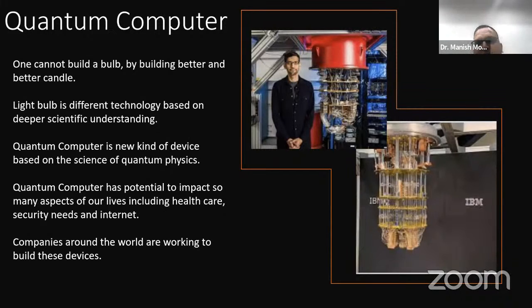Both have different technology behind them and different ways of innovation. That's where quantum computing is different from classical computing. Still, since we have been using classical computing for so long, we would like to see how quantum computing differs from it.